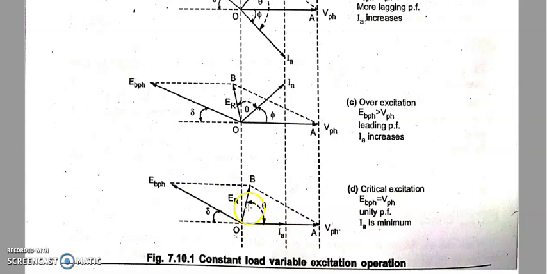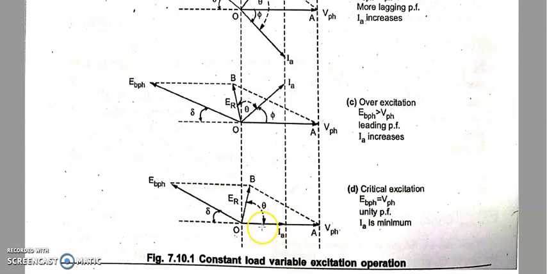Again the angle between IA as well as ER is theta, and you can see EB phase as well as V phase lines are both of the same magnitude. Again delta is constant because I am considering a constant load condition. ER is approximately almost the same as your earlier one, not that much of change. Again the IA cos phi line, from this point to this point. IA cos phi means actually cos 0 is 1, right? So IA cos phi is equal to IA for this case.